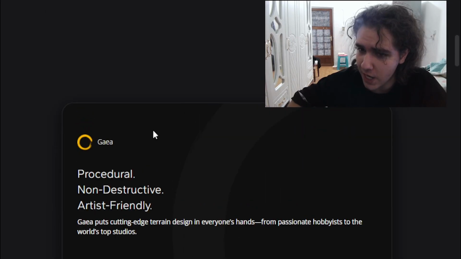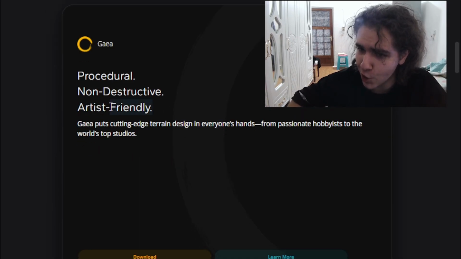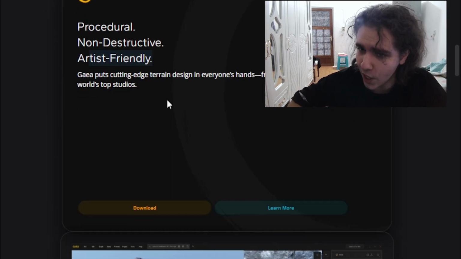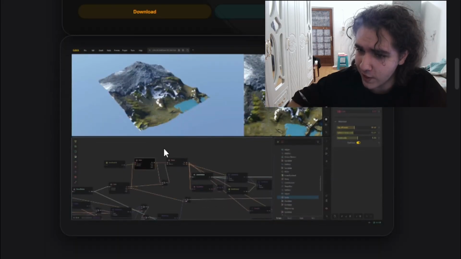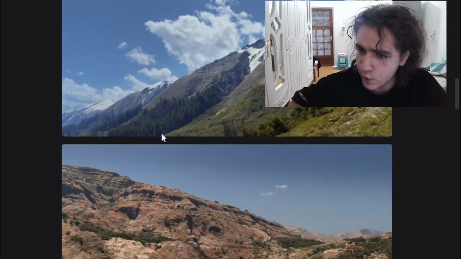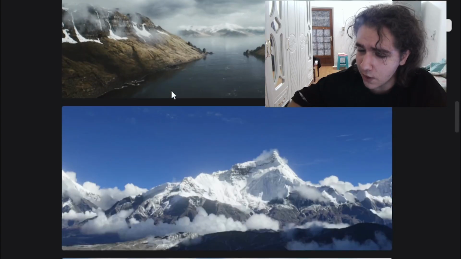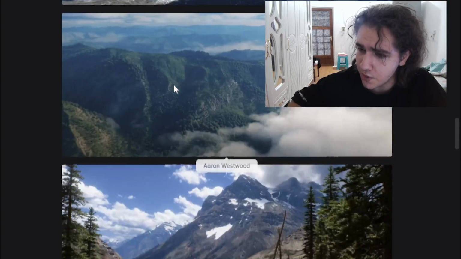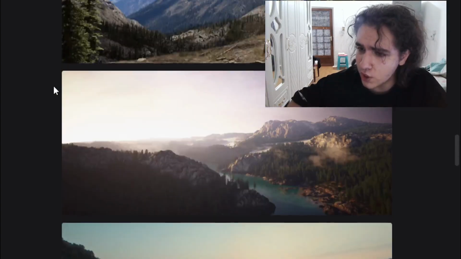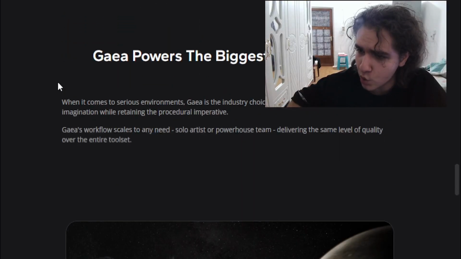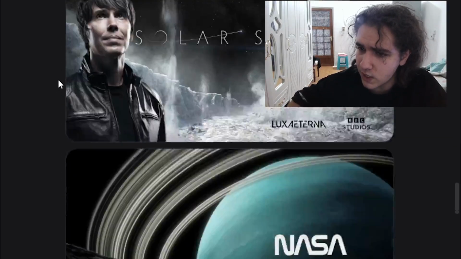As you see, it's very beginner friendly. I know it's a catchphrase that they usually say, but yeah, Gaia is very friendly to use. As you see, they have this visual component for their software. It's a very amazing thing. Usually it's even used in cinematography, not just in video games. They usually use it in movies and stuff like that.